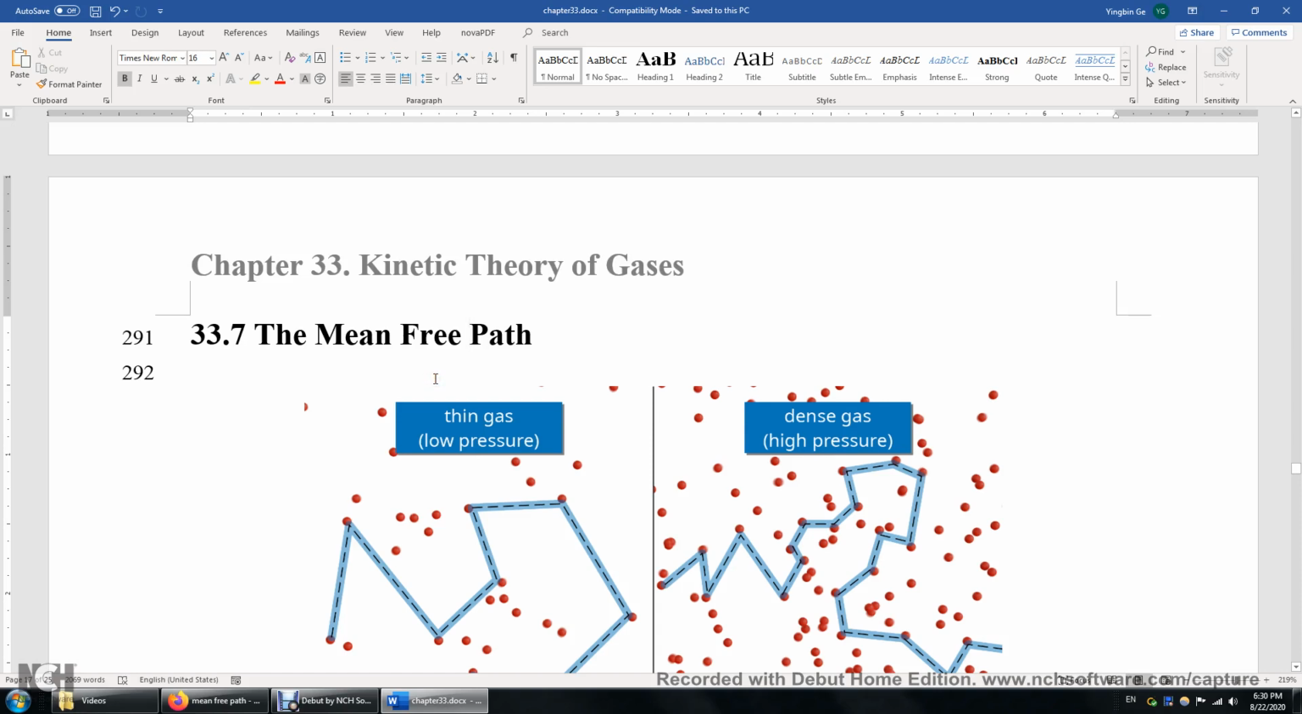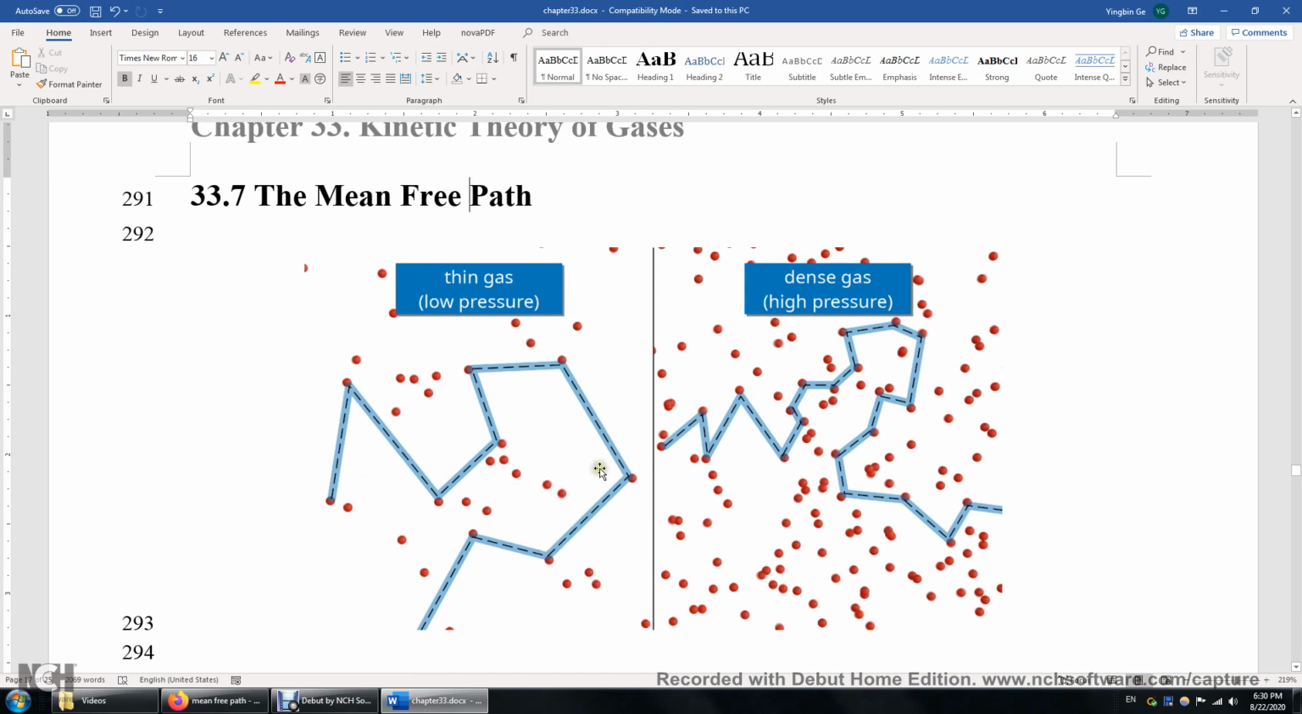Section 33.7, the mean free path. Let's look at this gas. We have a bunch of gas particles. This particle is moving towards this direction. Over here, a collision occurs. This particle changes its direction until it collides again, changes direction, collides, changes direction, another collision,